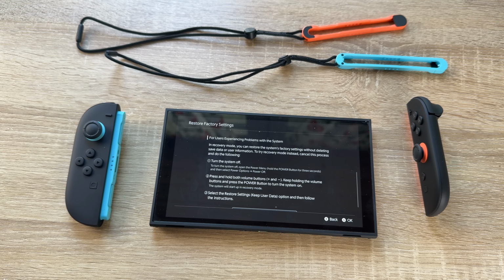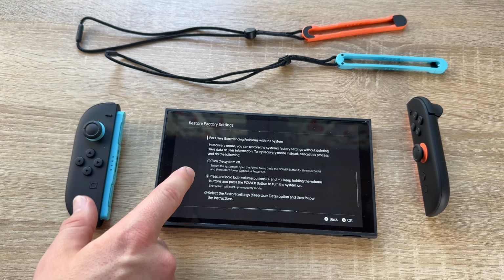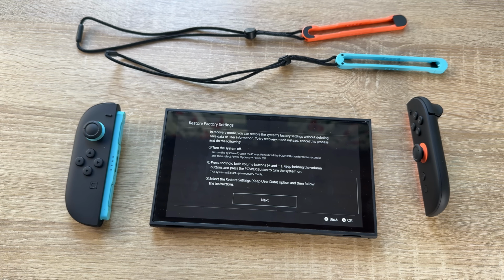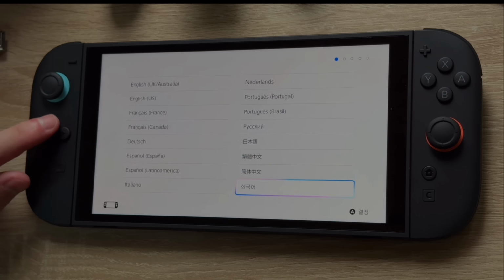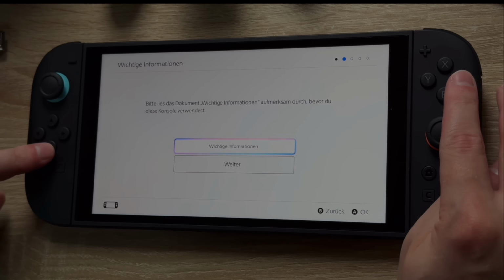And if you are experiencing problems with the system, you can make a hard reset. This is another video, of course. In recovery mode, we can restore the system's factory settings without deleting saved data or user information. To try recovery mode, instead, we cancel this process and turn the system off. Then we press and hold the volume up and volume down buttons, and then we select the restore settings, keep user data option. Just do that. If you go next here, this will delete all data from the Nintendo Switch 2 console